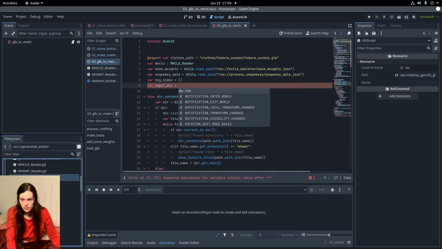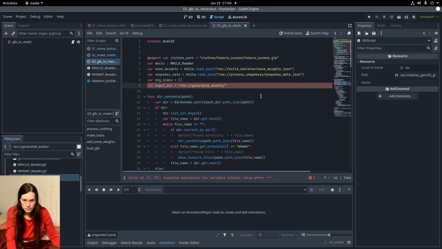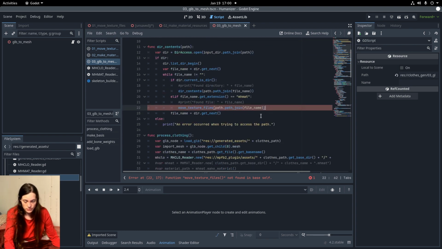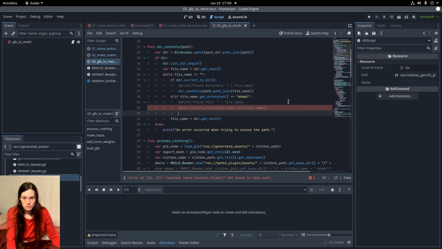So I'll set the input directory to generated assets, and then instead of moving the texture files, I'll process clothing,